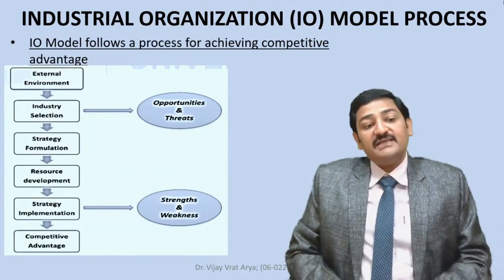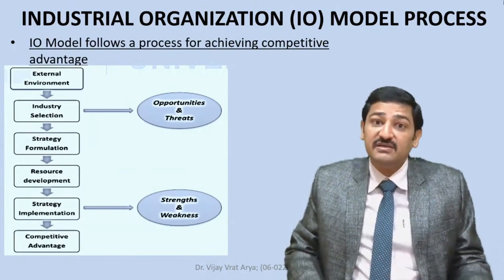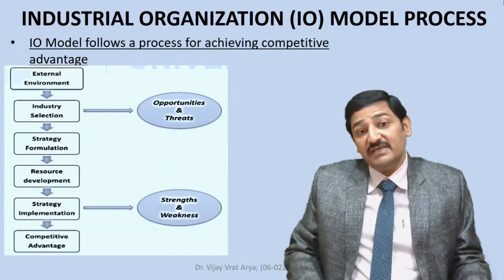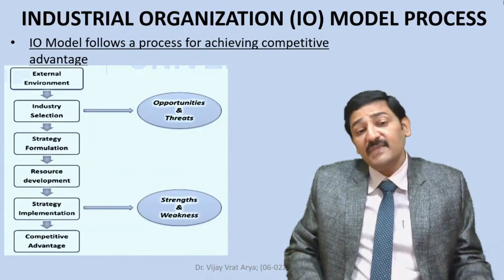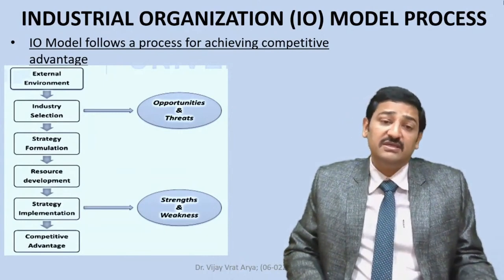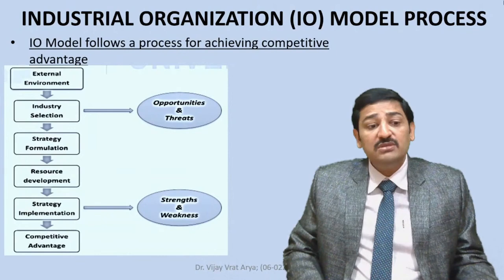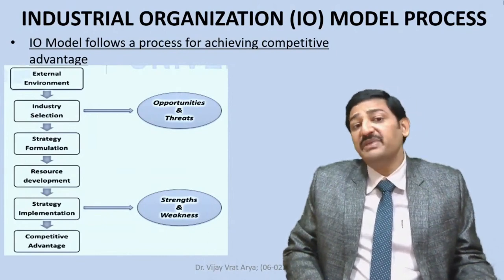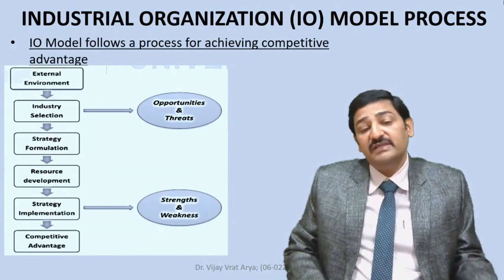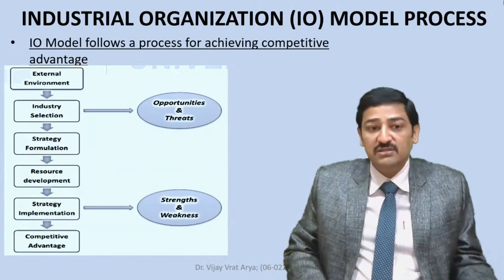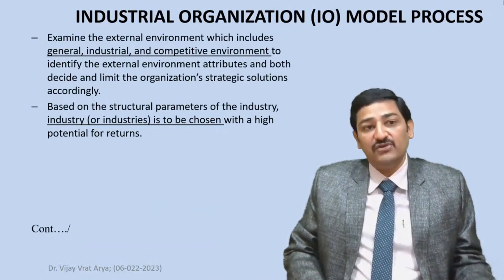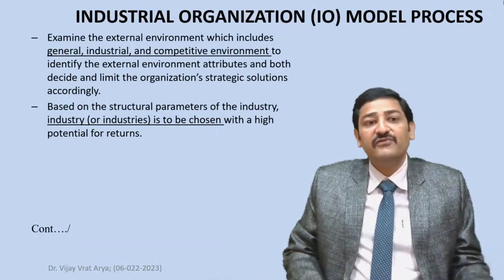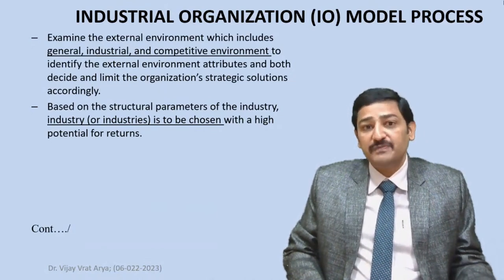And after that, strategy implementation is referred to, where the strengths and weaknesses are subsequently analyzed, which helps the IU model to take a kind of competitive advantage out of the SWOT type of analysis taking place. In this case, if we subsequently examine the IU model, then it is a kind of external environment which primarily